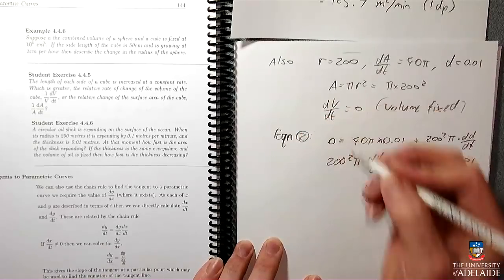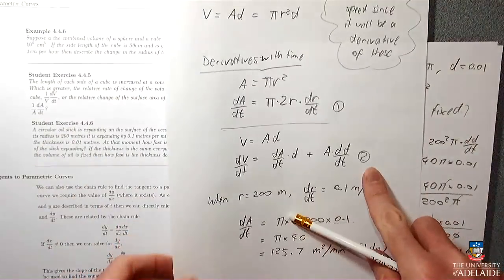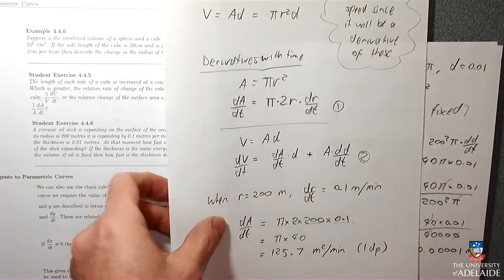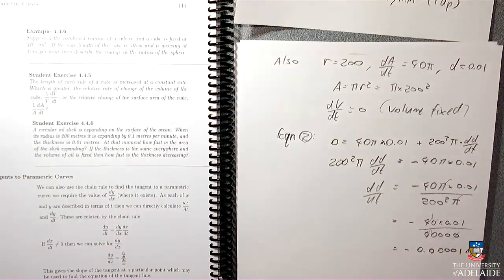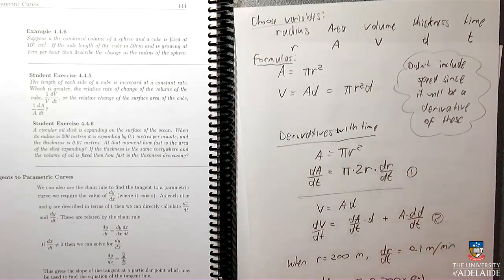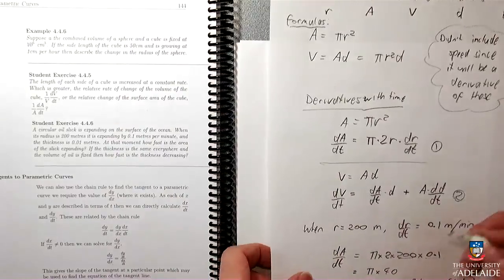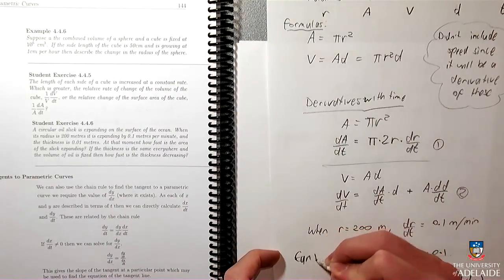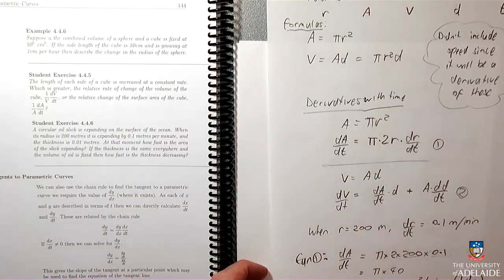EQN for equation and 2 for 2, because I labelled it when I got there, so that when the person marking my exam reads it, they know what I meant. Or me in the future. This one, because I thought I was going to label this one, I should label the other one too. So back here I'm actually going to go equation 1, there.